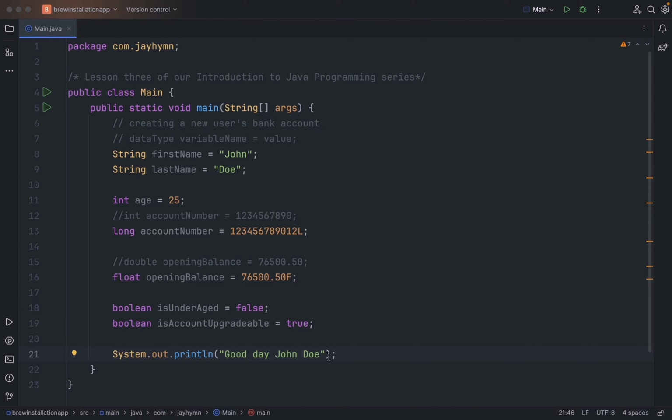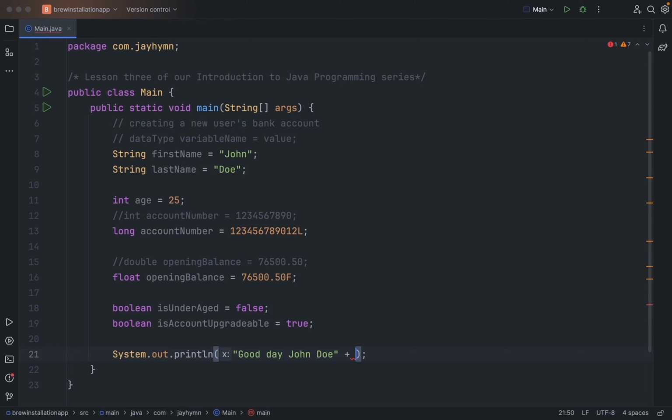But instead of having John Doe here, we can use the variable names that have been declared in the message. So I would remove John Doe that's written here. Now you see that the first name holds John, we have a space, and we have Doe, which is represented by the last name. So in order for us to add variables as print statements in Java, we use the